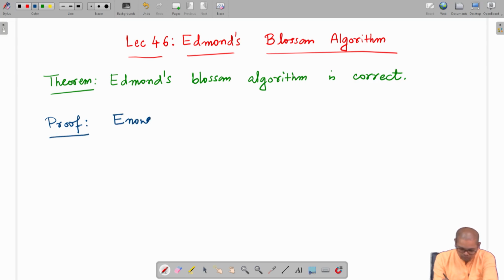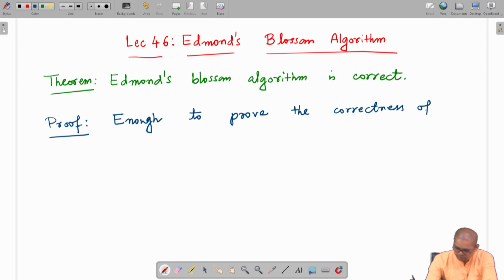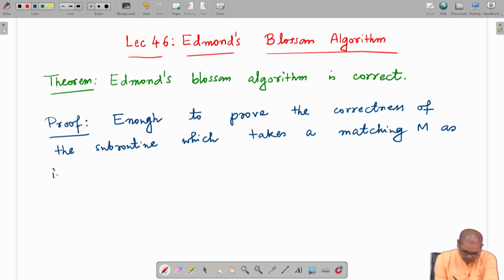Enough to prove the correctness of the subroutine which takes a matching M as input and